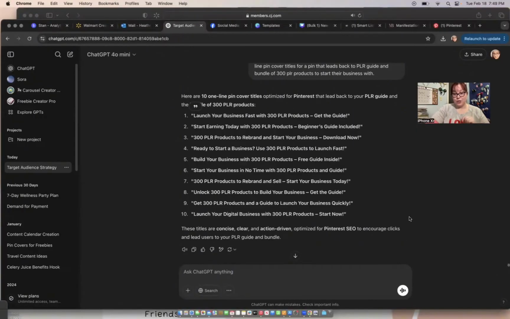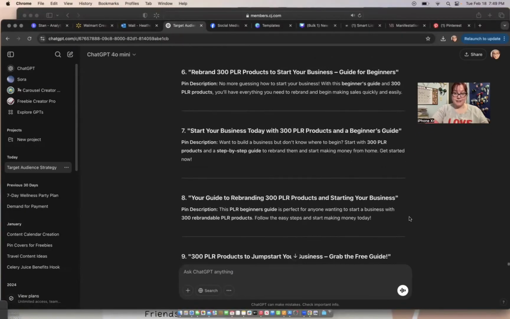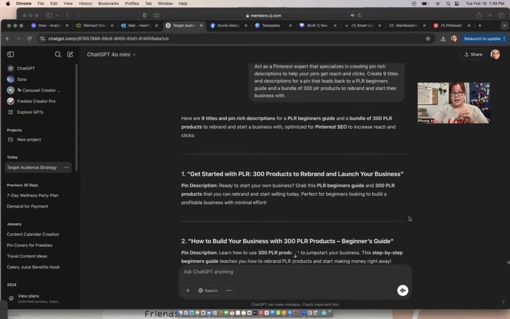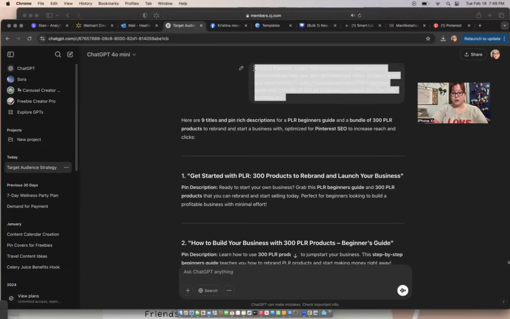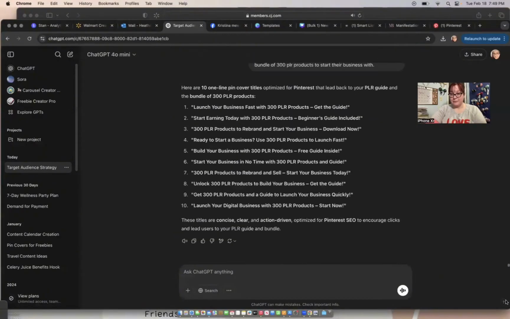to good old ChatGPT and you need to get the descriptions for these pins because every Pinterest pin requires a description for it to show your pin to people, for people to know what the heck it is. Now you can copy and paste from above and just change it to tell it to create 9 titles and descriptions for the pin cover titles above, because you want your descriptions and titles to go off of the 1-line covers that you had it create. Then you're going to click enter